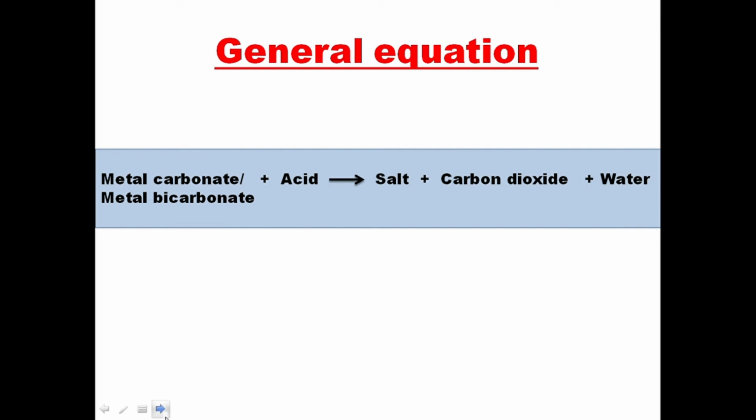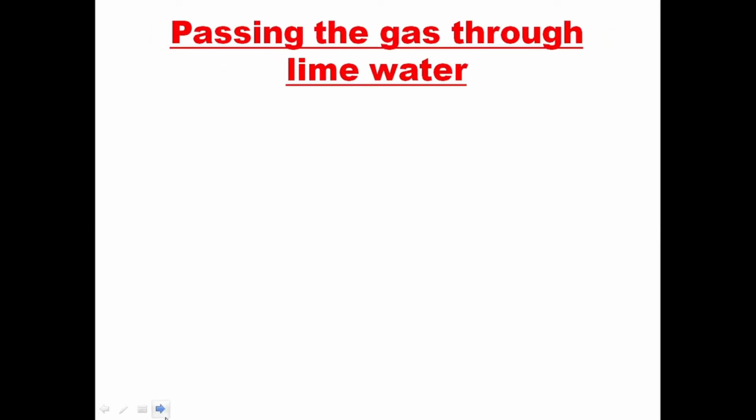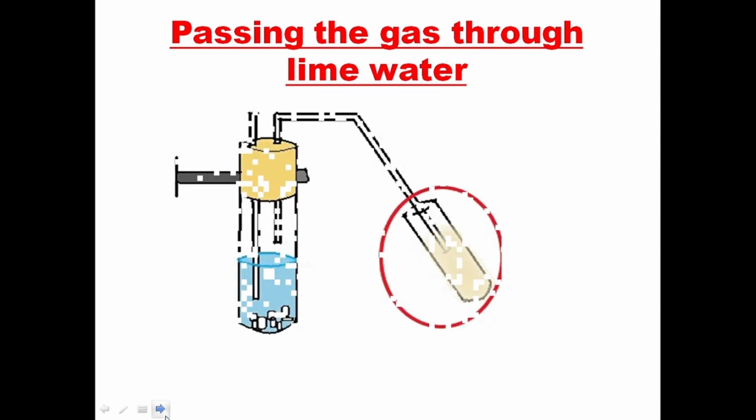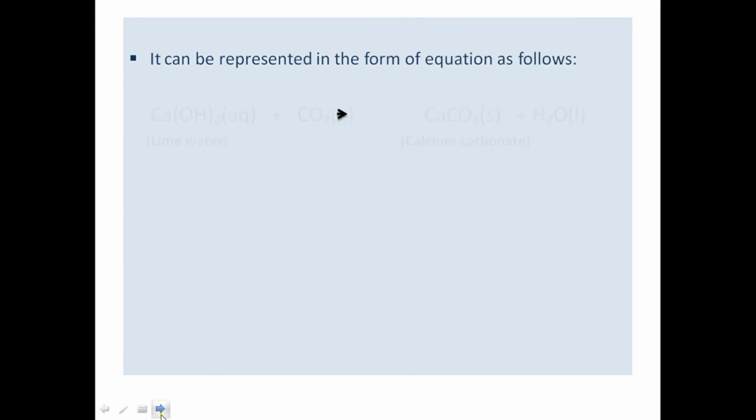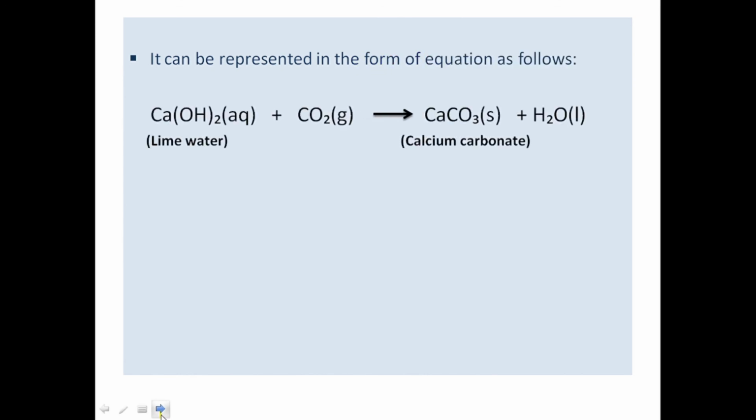Now in the latter half of the experiment, where we pass the gas through the lime water, observe that lime water turns milky, which you can see over here, which also shows that the gas evolved is carbon dioxide gas. A white precipitate of calcium carbonate is formed, which can be explained through this reaction. Now this is the reaction. Lime water, the chemical name is calcium hydroxide, Ca(OH)2, plus CO2 forms calcium carbonate, which is the milky suspension over here.